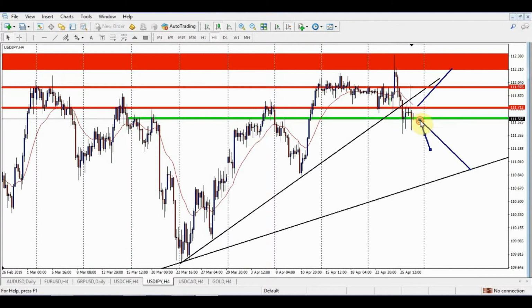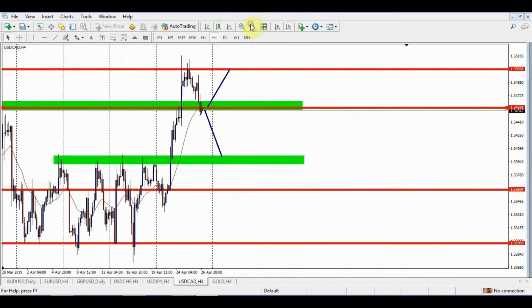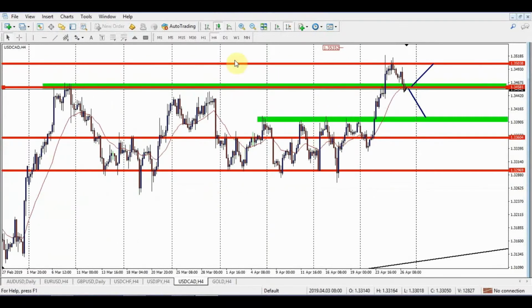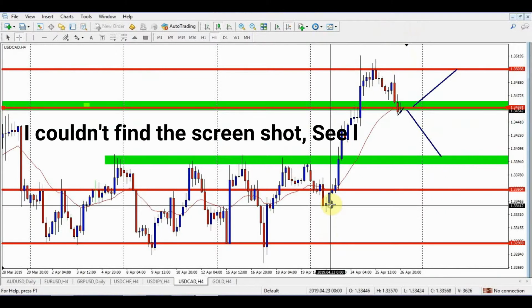Again, the market doesn't give us perfect patterns all the time, but I'm looking for something for the down move in the next week. If it gets above this area here, I'll be looking for a short buy. Alright, and again, last up is USD CAD. I believe that I do have a screenshot of when I took this trade and it hit my take